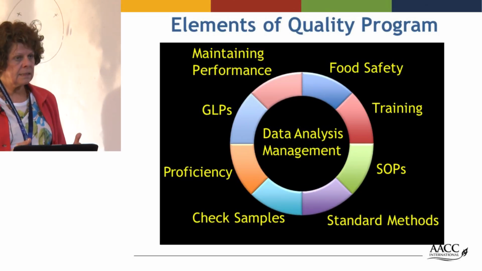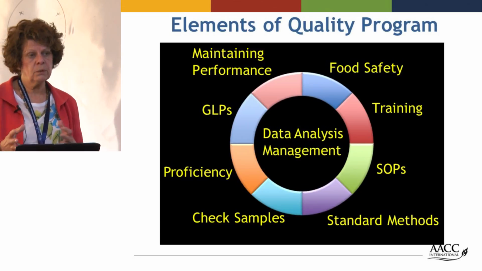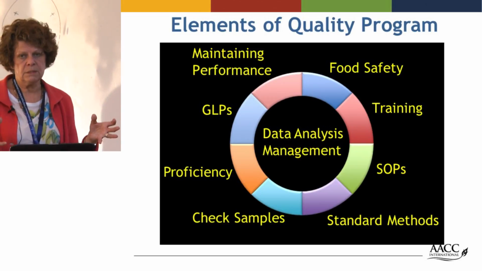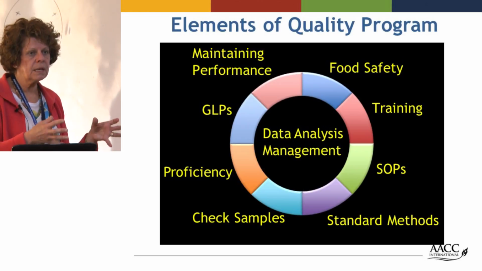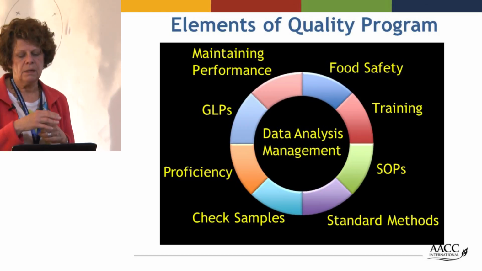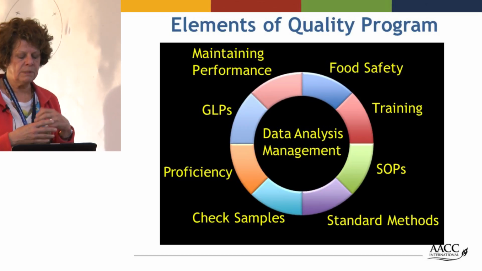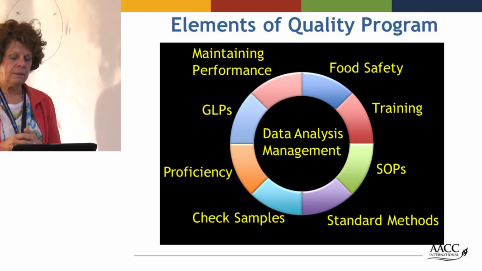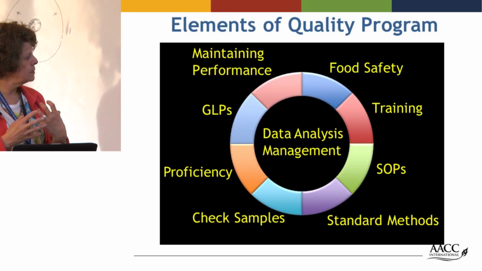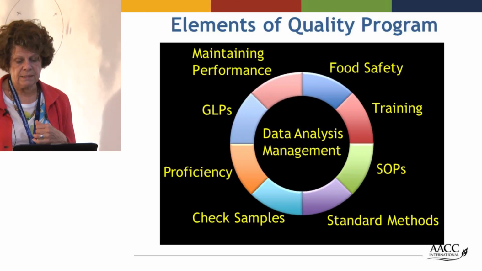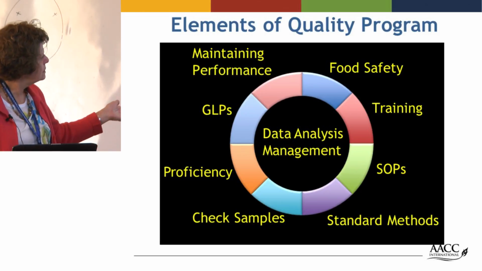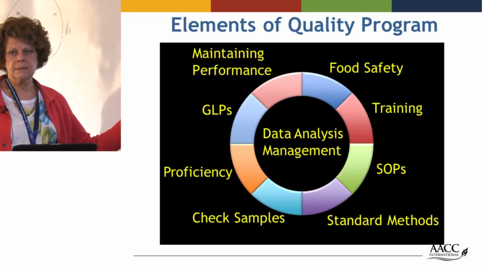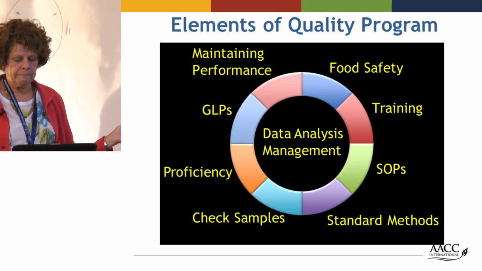So when we're handling grain or export or import, all of the elements that we were talking about in the last presentation come into play. We certainly need some type of process that covers GLP, and we need to maintain performance. We mentioned proficiency, check samples, standard methods, and also all of these elements are important because this is going to ensure that you're providing data that's appropriate. And so I'm not going to go through this anymore. I'm just going to remind you that some type of good laboratory practice is important if you're measuring within the system,